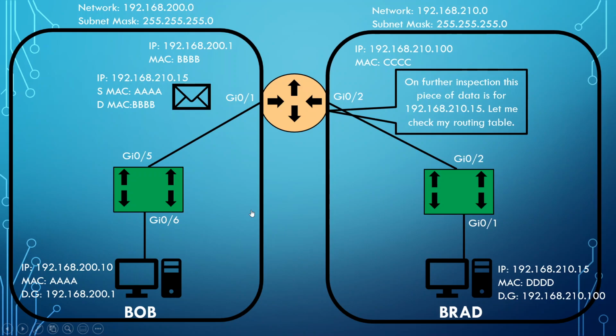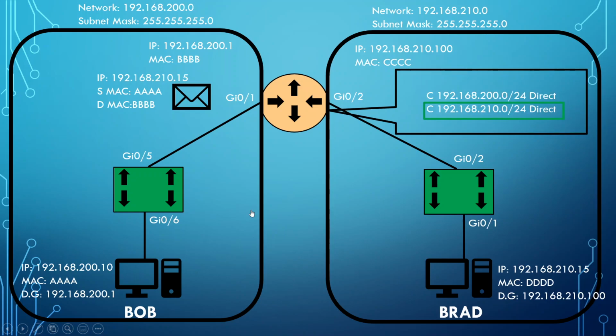So let me check my routing table. Okay, so my routing table says that I can reach this network, the 192.168.210.0/24 network, by going through my interface GI 0/2. And he says, okay, now this isn't an exact route for Brad. However, Brad has the IP address